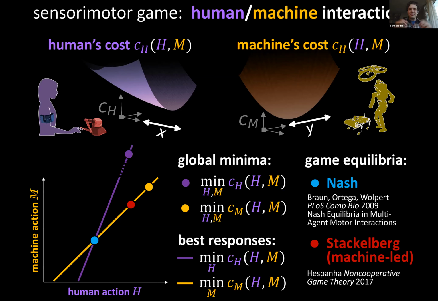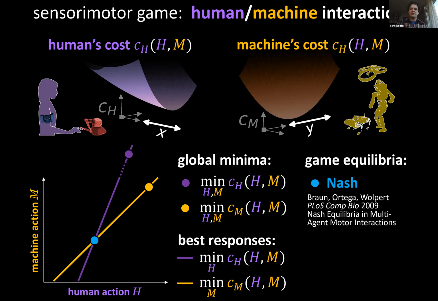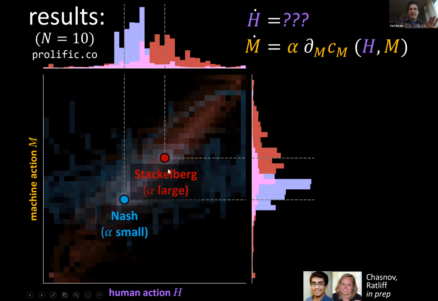And then the final thought that I want to get across, and then I'll conclude, is that this emergence of this leader-follower structure based on how quickly the machine is adapting or learning is super interesting because it gives us a lever to model and then exploit the model of the human, the way the human's responding. If the human was just themselves doing gradient descent, which these results could not happen if they were just doing their own version of gradient descent based on their own cost, they would have to converge to Nash. That's theoretically known. But the fact that that's not what people are doing, they're taking into account how the machine responds to their choices, means that we get